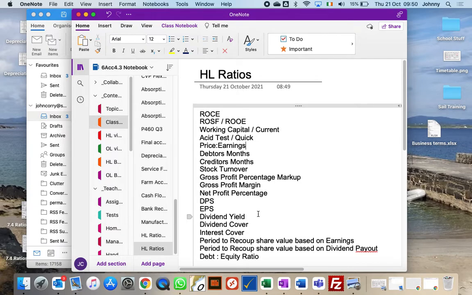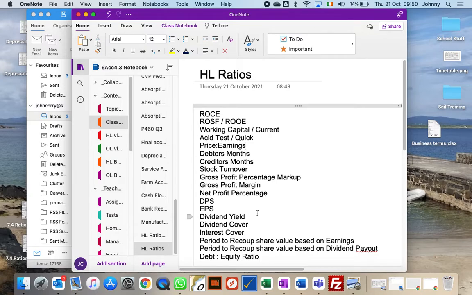Okay? Now, dividend yield, what that looks at, your dividends that you're getting out of the business. Can you remember the formula? Dividend yield. Again, you need to start getting the formulas into your head. These are one of the things you have to learn off by heart. It's the dividend, the yield for something. If you read a newspaper that says there's a great yield on this investment, it means you're making loads of money on the investment. So it's good profit.